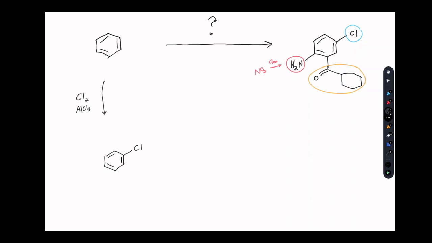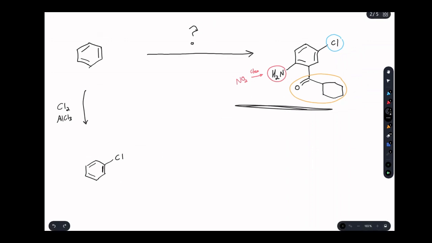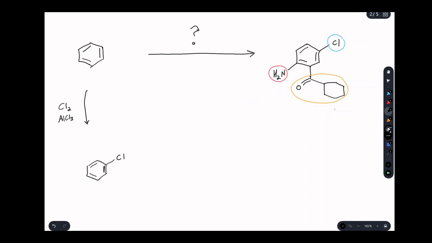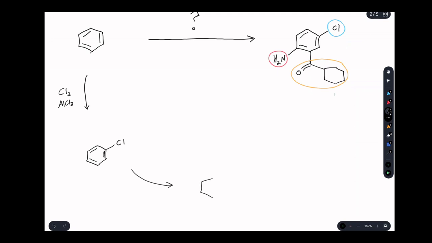The chlorine is an ortho-para-directing group. So considering that the chlorine is an ortho-para-directing group, which group would I have to add next? Well, I'd have to add a group that is in one of the ortho or para positions. That's what chlorine would do. In this case, we have to add the NH2 group, and again, remember, we can't do that directly, but we can add the NO2 group. So the reagents to add the NO2 group to the para position,